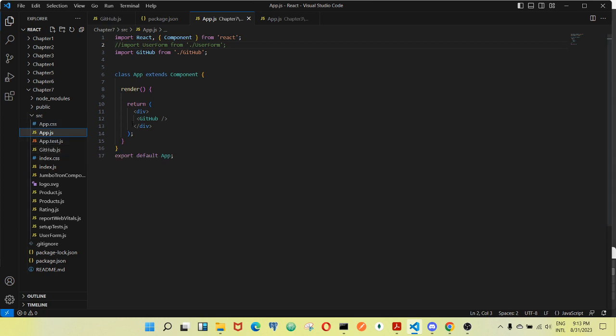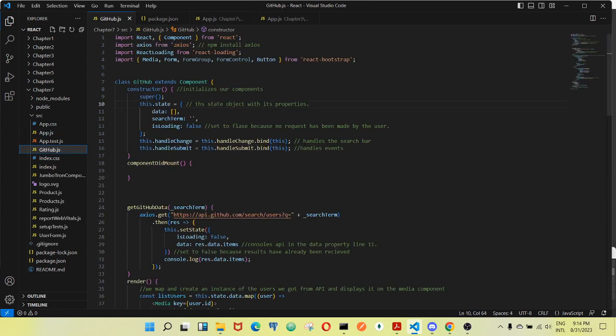GitHub component, and then we have our class App that extends the Component, and then in our div we call our GitHub. So basically in our GitHub,